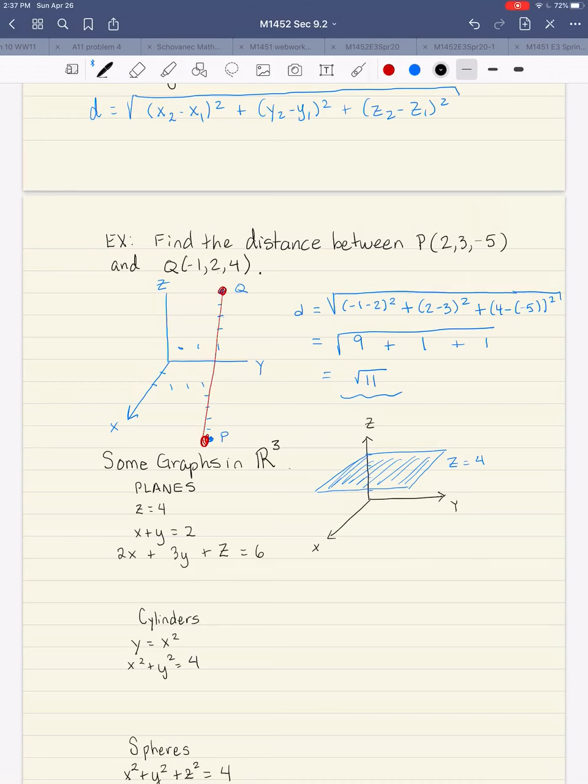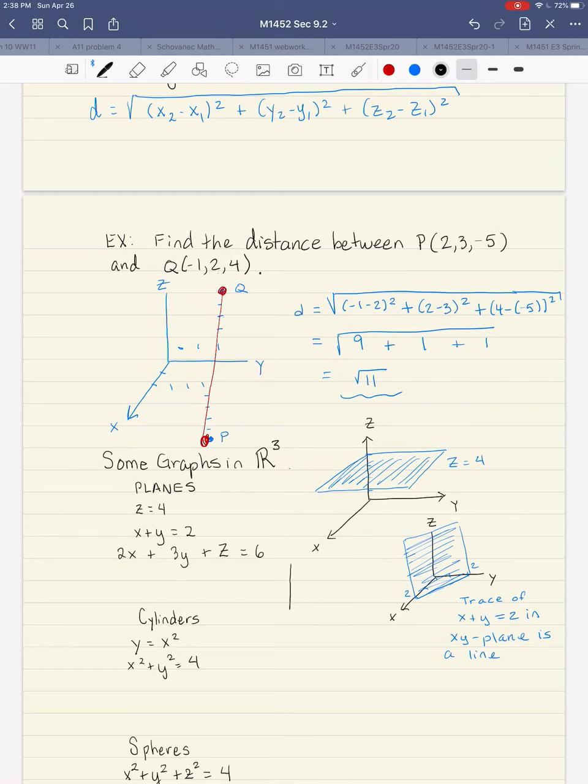The line x plus y is equal to 2, a line in 2 dimensions, becomes a plane in 3 dimensions. Let me draw that over here. There's x, y, and z. X plus y is equal to 2 would be a line that has an x-intercept of 2 and a y-intercept of 2. So there's the trace of that plane in the xy plane. Now make that a plane parallel to the z-axis, so I'm just going to draw again the first octant of that. We typically represent planes by parallelograms,